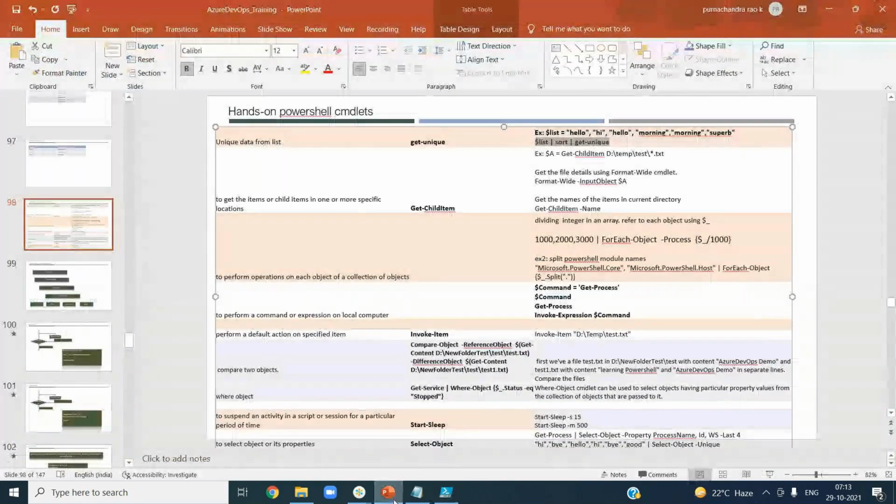Similarly, I'm just introducing this. Let us say you want to list out all the child items. You have folders, folder in a folder, folder in a folder, and you will have all your files, etc. If you want to find all the folders or files within a folder, you can use this Get-ChildItem basically. So again, how do you get it? So let us say